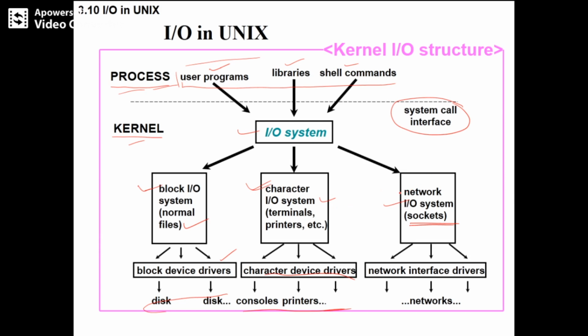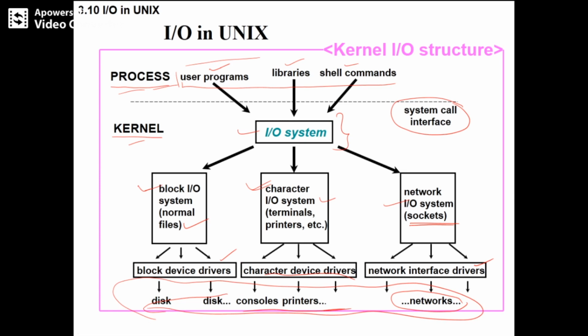And if it is related to the network, then the network interface drivers will take over the job, and it will be sent to several networks to process. So this is the IO in the Unix system. Input will be taken from the program, and in the program you specify what type of program it is, and that will be sent accordingly and processed, and you get the output. So the input output system is doing all these jobs.